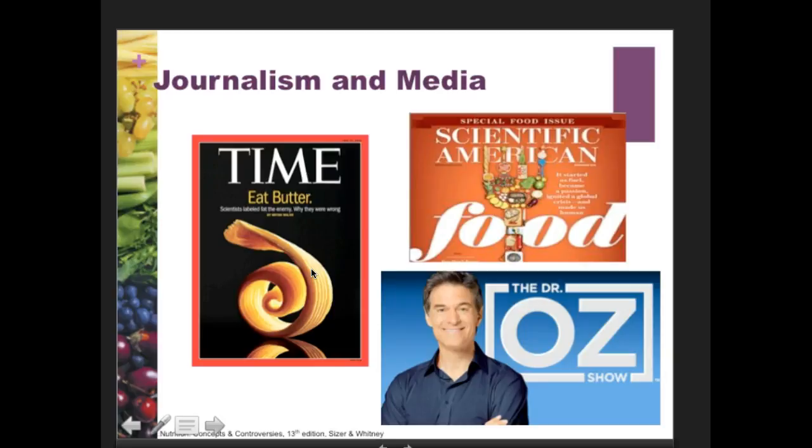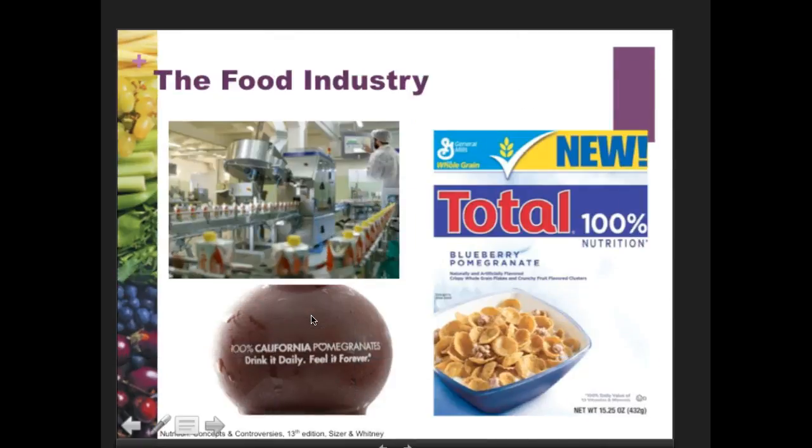And so the media loves controversy. I mean, they sold millions because of this one study that came out that really didn't stand the test of time. So part of the reason nutrition becomes very confusing, and it feels like there's a lot of flip-flop, is because these guys all have a lot of money to make based on the nutritionism that they're using. The other people that make money because of this focus on nutrients would definitely be the food industry.